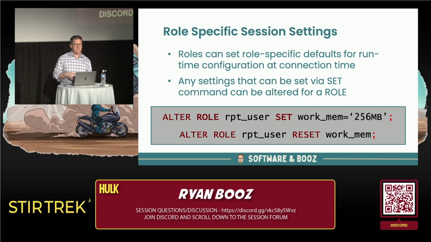And there's various reasons for that. But again, coming back to that report role, if I have a really heavy report that runs every night, and I know it needs more work memory for its connection to run efficiently and be done in less than 3 hours, I can set that role so that every time it connects, it gets that specific setting. And there are dozens and dozens of these that you can set. And then if you ever want to unset them, you just simply alter the role and reset that specific configuration. Others might be JIT. I usually have a whole bunch of examples that are not coming to mind at the moment, but it is very helpful.